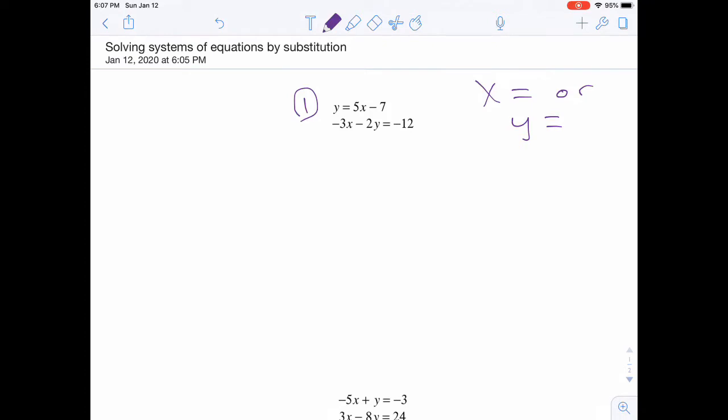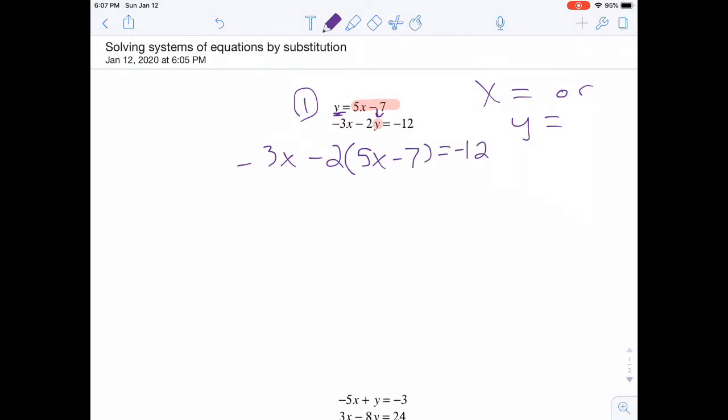Looking at the first example, the first equation does have y equals. Now what I'm going to do is, step 2 says to substitute that expression. So in this case, I'm going to highlight it. It's 5x minus 7. I'm going to substitute it in for y here. Okay, because they say y equals, so I'm going to plug that in for just the y here. Everything else gets written as is, negative 3x minus 2. Now whenever I substitute something in, I'm going to put parentheses around it. 5x minus 7